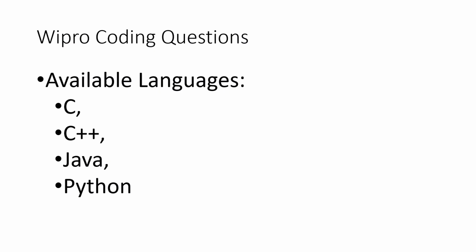Now, these are the coding languages available as I have already mentioned in my previous videos. So we can code in C, C++, Java and Python, and the version for C++ would be C++ 14. For Python, it can be 3.8, and for Java, it can be version 7 or version 8. So depends on what your choice is. You can go with the language accordingly. For this video, we are going to use Python.